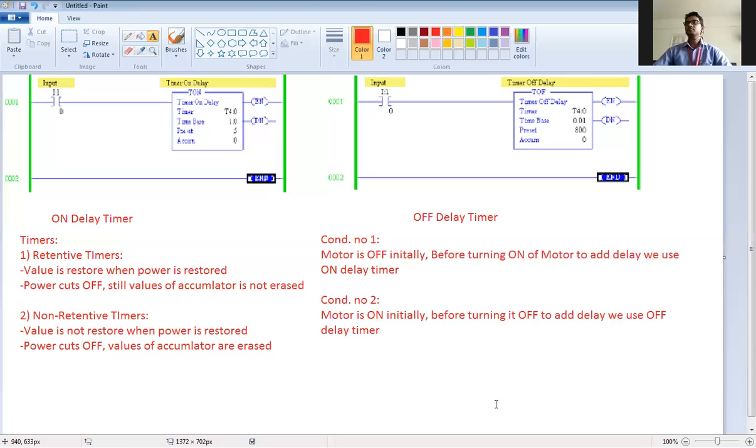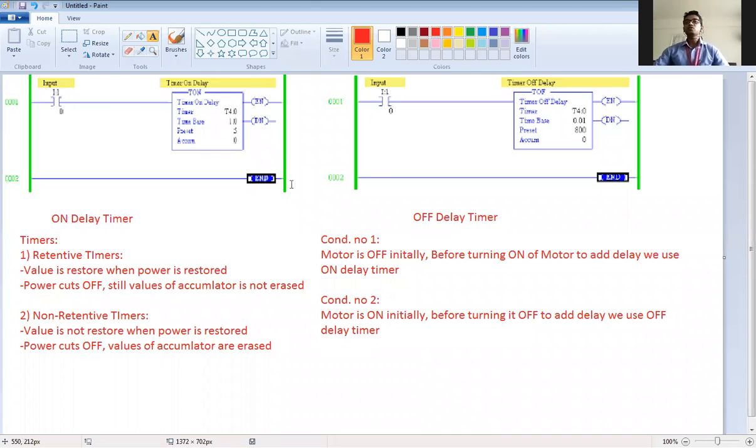Clear? I hope it is clear now. So these are your conditions: retentive, non-retentive timer, and on delay and off delay timer. Okay, where to use, when to use. In this way you can use these timers.